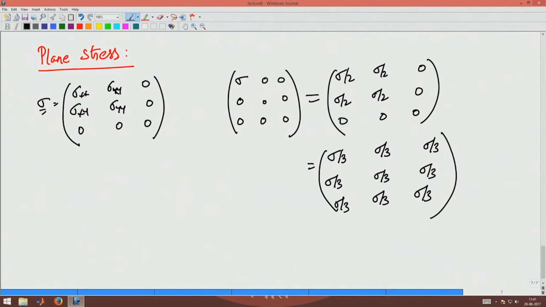Okay. So, the right way to check whether a given state of stress is plane or not is to find the determinant of sigma. If the determinant of sigma is 0, then the stress state is